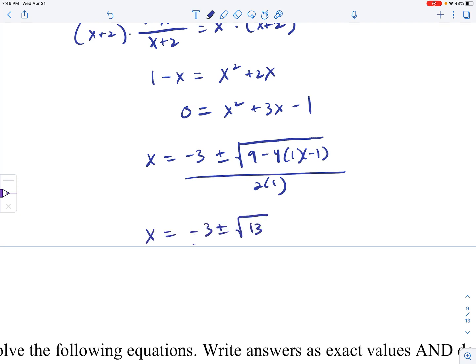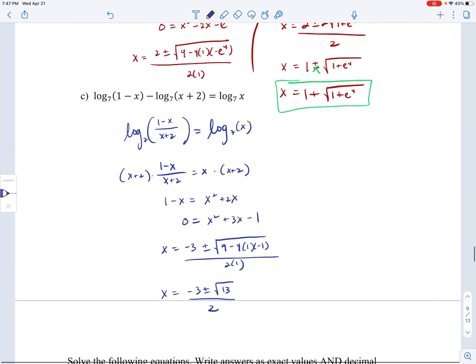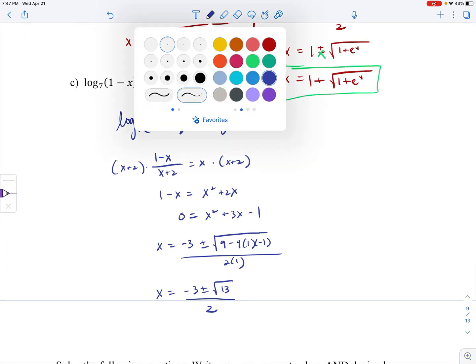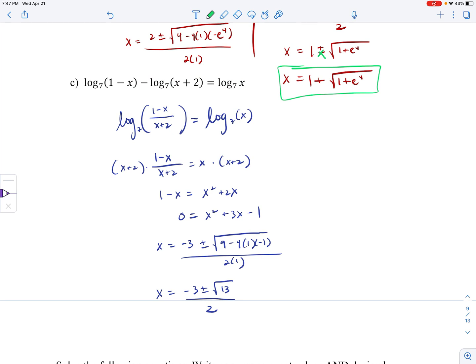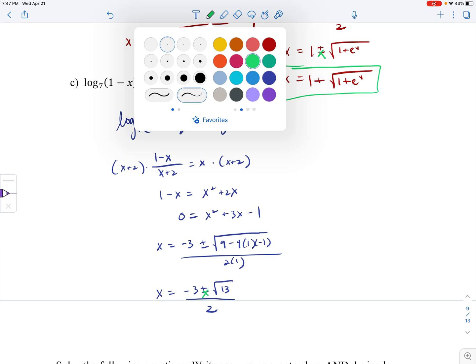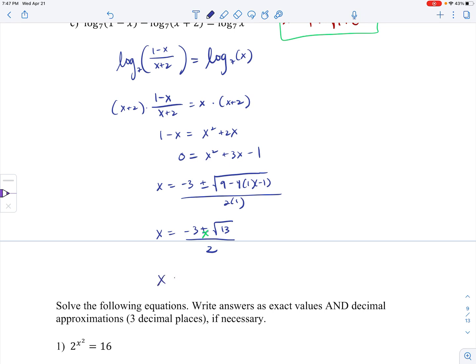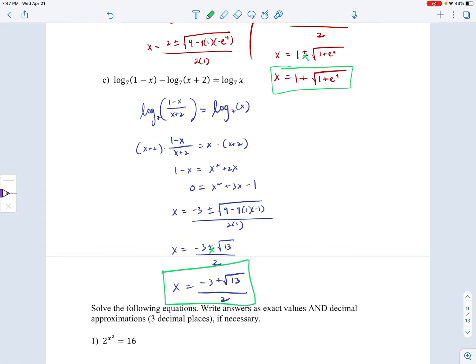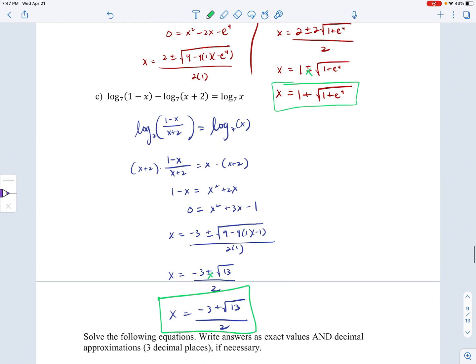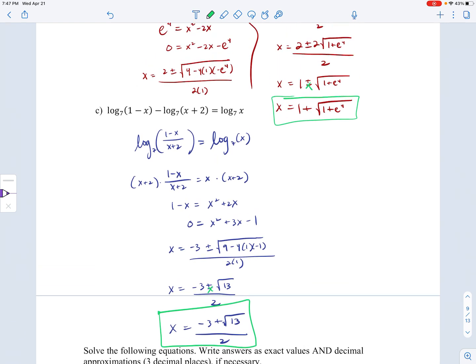Okay, and then when you double check for extraneous solutions, the minus doesn't work here. So the only solution to this equation is negative 3 plus the square root of 13, divided by 2. Okay, so that is our brief review of solving exponential and